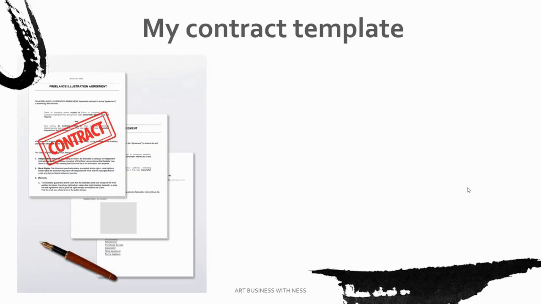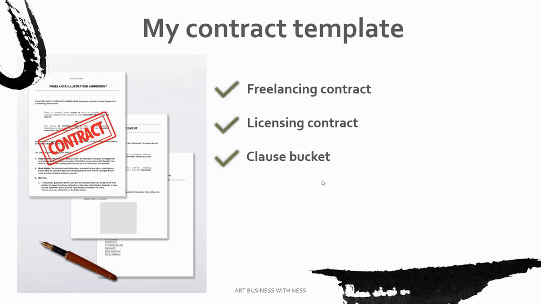My contract template. I wanted to tell you a little bit more about this because I spent all of December working on it, and I'm really, really proud of how it turned out. I used some of the professional contracts I've received in my career that were written by actual lawyers as a base, taking clauses from each to build my contract. It includes 3 different documents: a freelancing contract, a licensing contract, which is a little bit different, right? And a clause bucket.